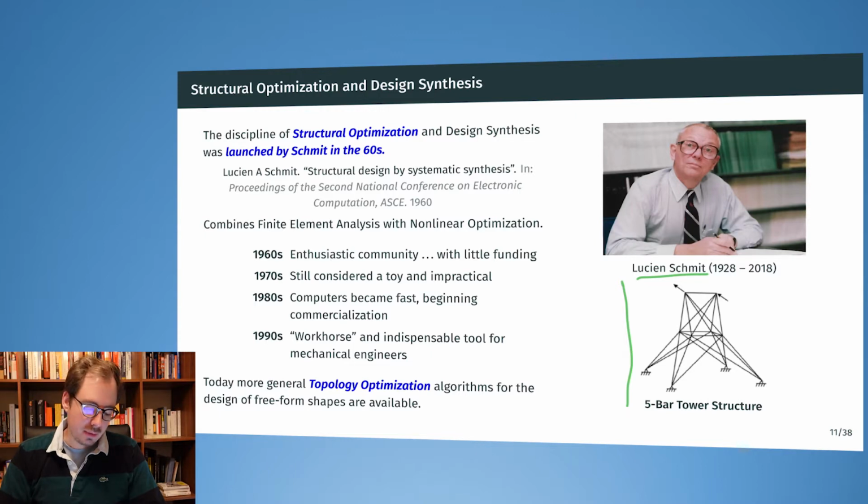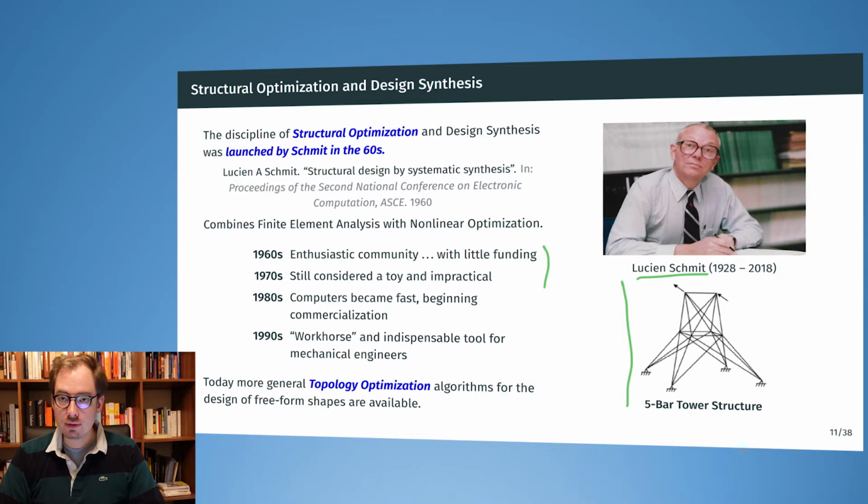However, even after the first decade, so in the 70s, this was still considered to be a toy. So the problems they could solve were rather small, like 5-bar tower structures, and no real engineer would touch these methods, also because you still had to be a programmer in order to use the tools. However, in the 80s, when computers became fast enough and the interesting problems could be solved, companies were founded and the tools were developed to be nicer to use, to have graphical user interfaces and to be integrated with computer-aided design tools. And soon these